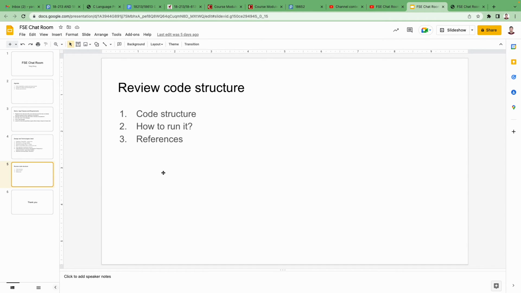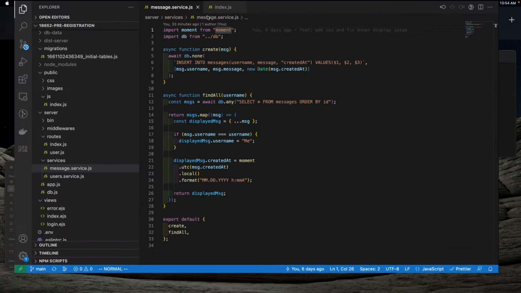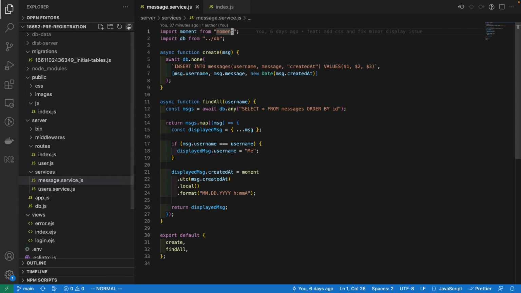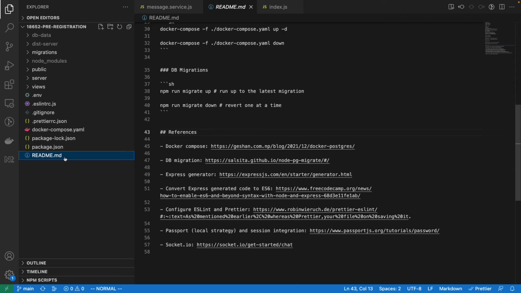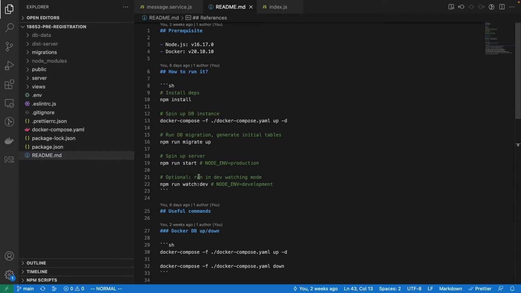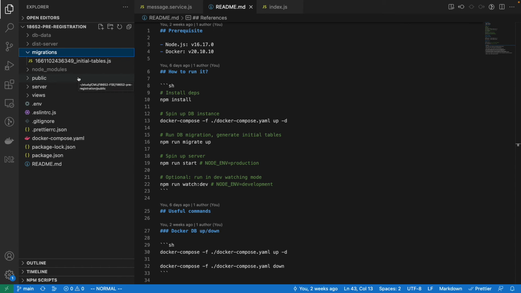In the next part, we will talk about the code structure and references. All the references are in the README file. Here is the references section, and here is how to run the setup. You have to have Node.js and Docker on your machine. And the file structure is: here is the migrations folder, which sets up the initial database,